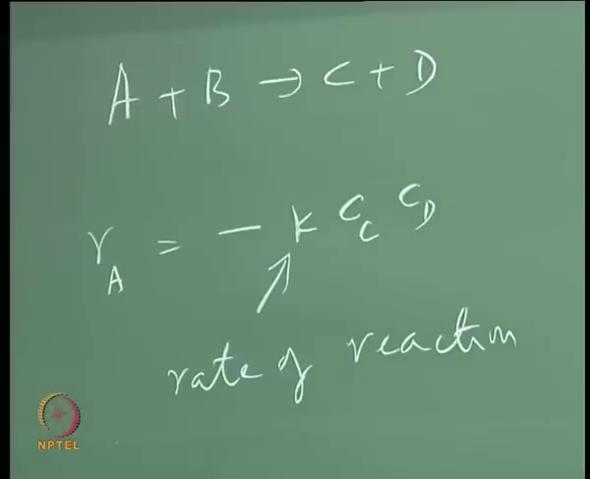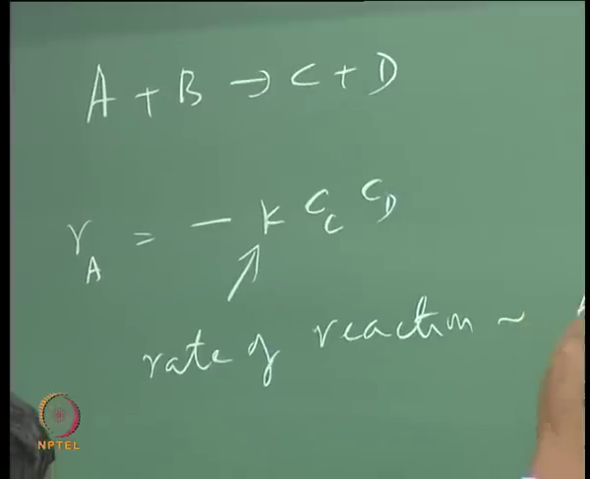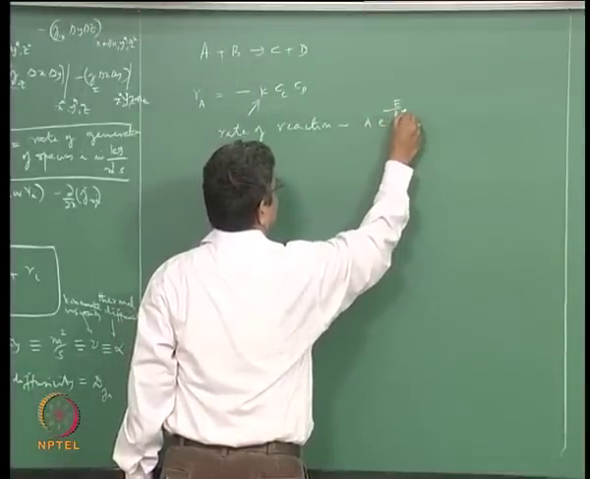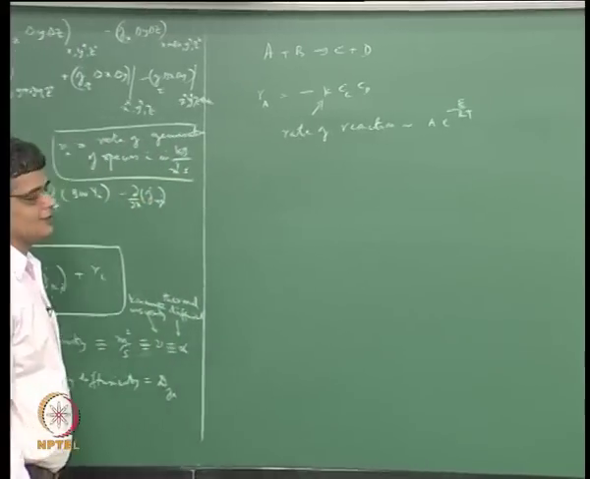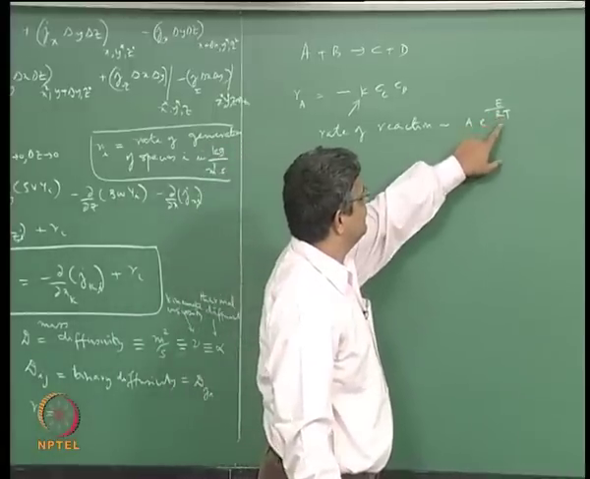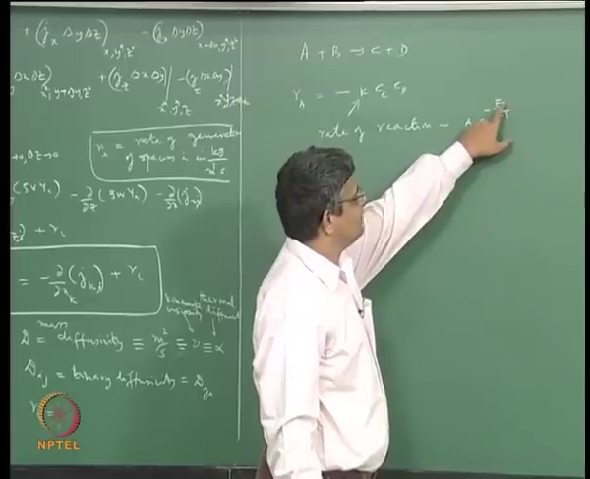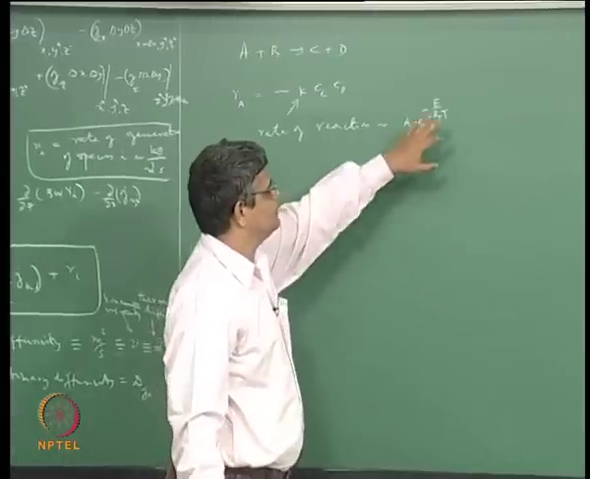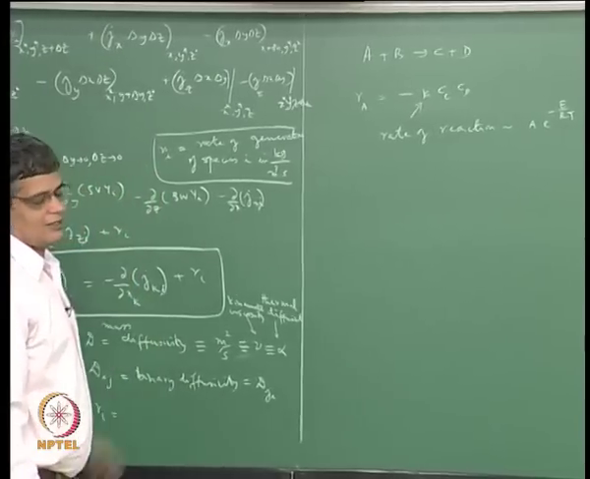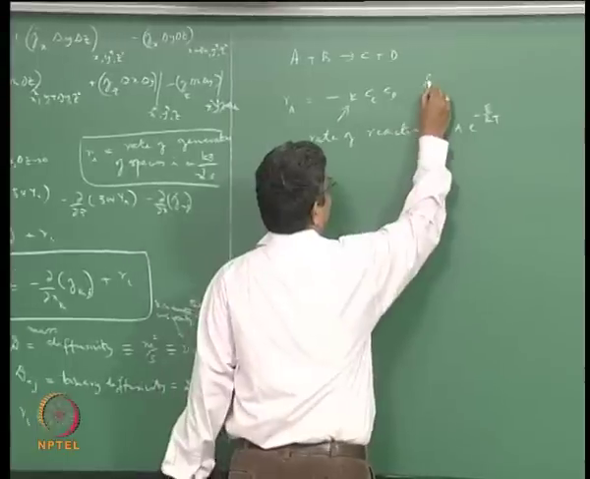and this rate of reaction is typically expressed in terms of an Arrhenius rate of reaction with a pre-exponential factor and an exponential term involving capital E, which is the activation energy, and T is the temperature of the fluid at that particular point. So this is for an elementary reaction,